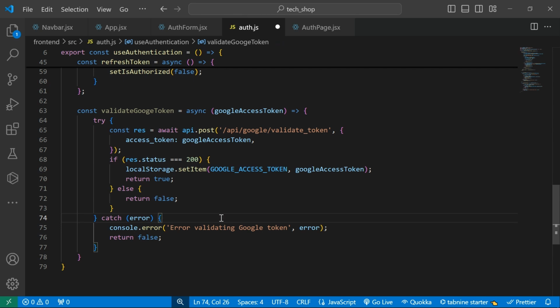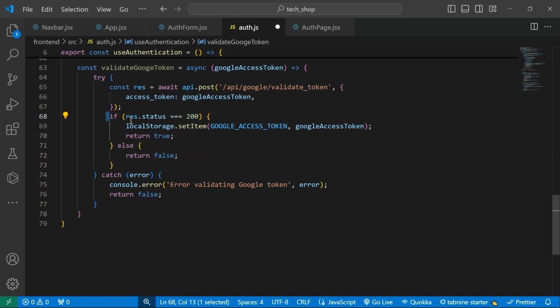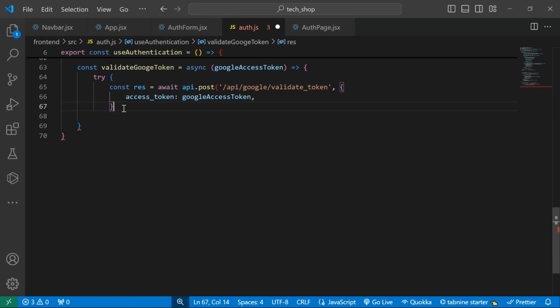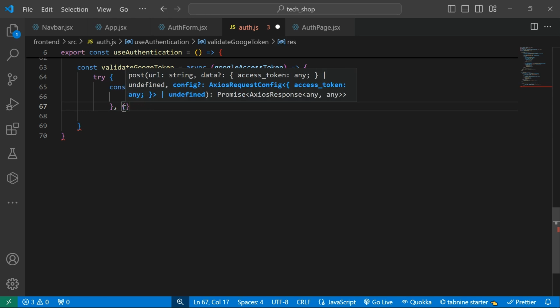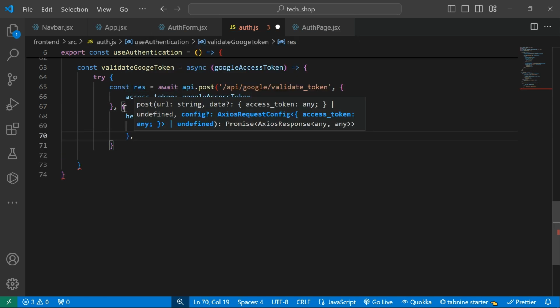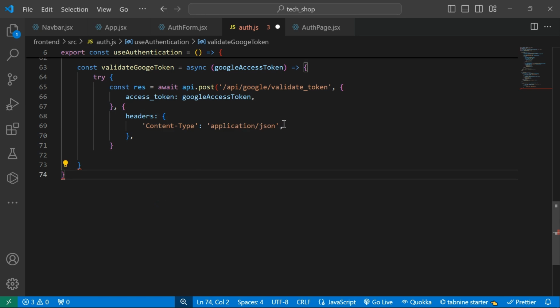But I'm going to set headers. The way it is handling it here is not the way I'm going to handle it, so let's remove everything here. Come down here. Immediately this is opened, I want to put a comma here. Open another one and add headers. Content type is application/json. Good. Add a comma, so that below I will do